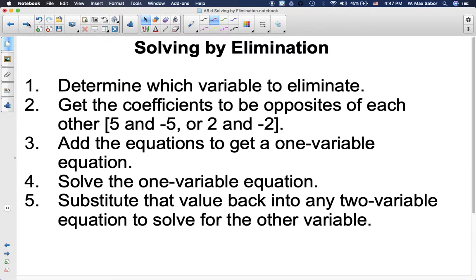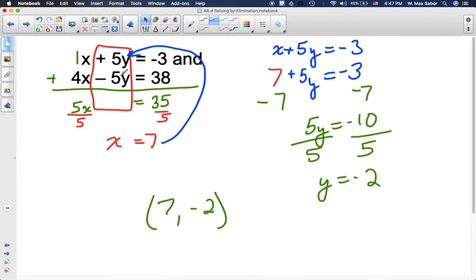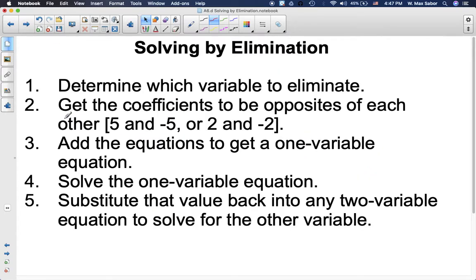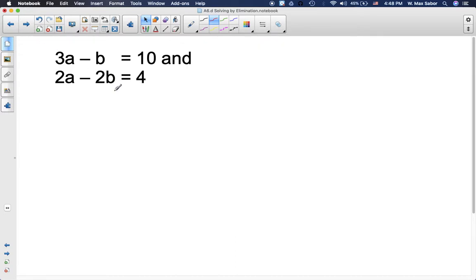What we do is we determine which variable to eliminate. We get the coefficients to be equal and opposite of each other. So what we had here was we already had them set up, so it was 5y and negative 5y. Add the equations to get a one variable equation, solve the one variable equation, and substitute back into any two variable equation to solve for the other one. So here,